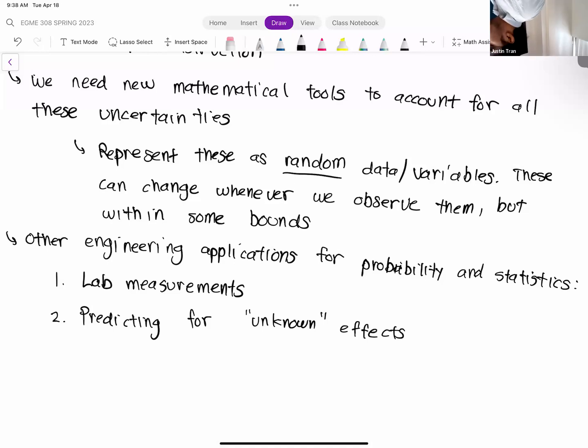Okay. Number two is a fairly broad statement, but when you start to work on design, right, you have to predict for some kind of unknown things that are going to happen. And so the most common way that this is applied in practice is you probably have heard the term factor of safety, right? And so when you're designing a structure, you have to design it with a factor of safety in mind so that it can withstand any kind of unknown spikes in the loading or any kind of unknown effects that may occur. Okay.